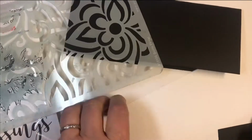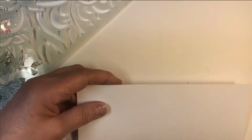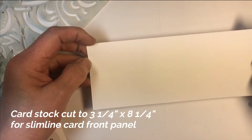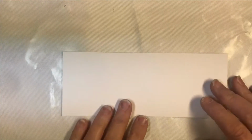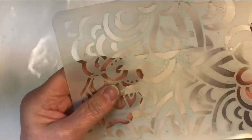I have a piece of cardstock here because this is a slimline card, cut to 3 1/4 by 8 1/4, because the slimline card is going to be 3 1/2 by 8 1/2. So I wanted to leave a 1/4 of an inch edge around the outside for you. I put a mat down because Versamark can be a little messy. The first thing I'm going to do is take my BoHo Floral Stencil,